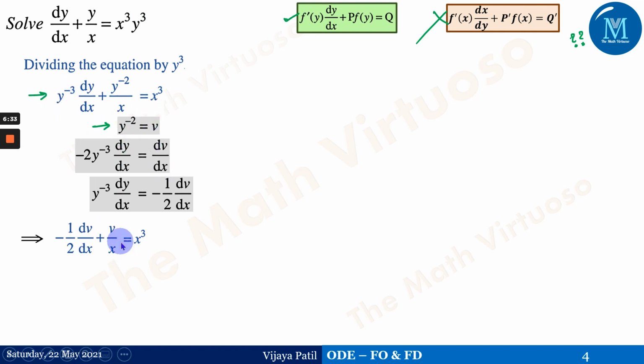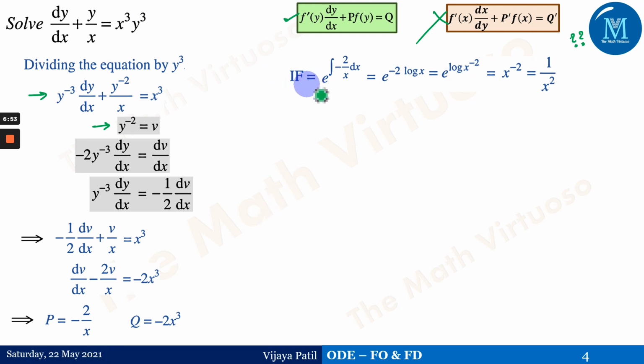So if we replace it, we'll be getting something like this, where I need dv upon dx with the coefficient as 1. That's the reason we have multiplied minus half throughout the equation. After multiplication, we'll be getting something like this, wherein p is minus 2 by x, q is minus 2x cube, which is the format of the linear form. And now we can easily go about the integrating factor. Normally we do not use the integrating factor in the last session, but yes, you can go about it as e to the power integration of minus 2 by x dx, which is the same as e to the power integration of p dx, right? This is what I'm calling the integrating factor, just to make the particular concept clear to you.